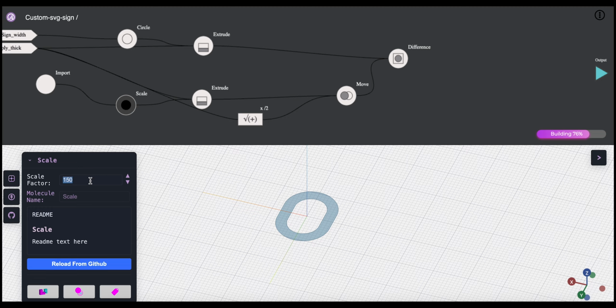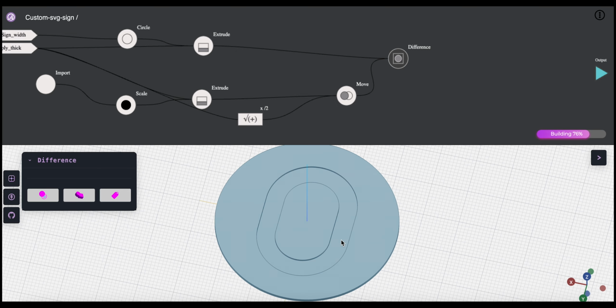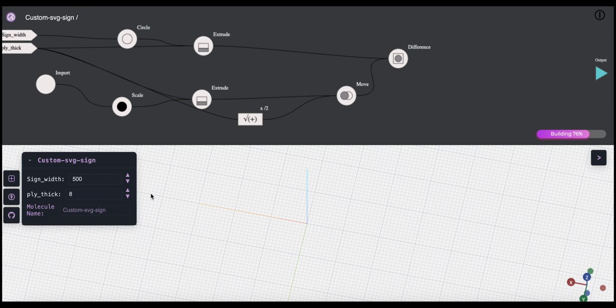So what I can do here is either add an equation atom and tell it I want the scale factor to be half of my width, or I could also go here and say sign width divided by 2. And now they should be tied together. So now if my sign width changes to be 100,